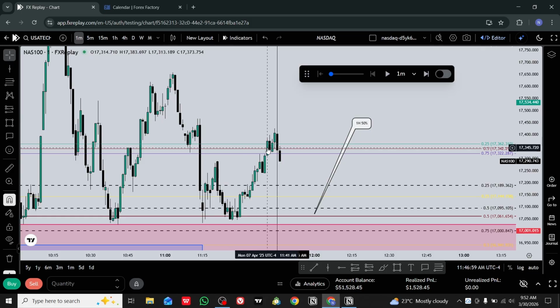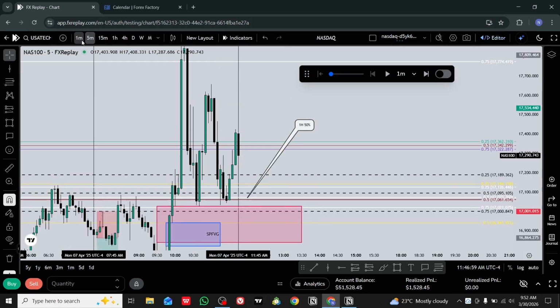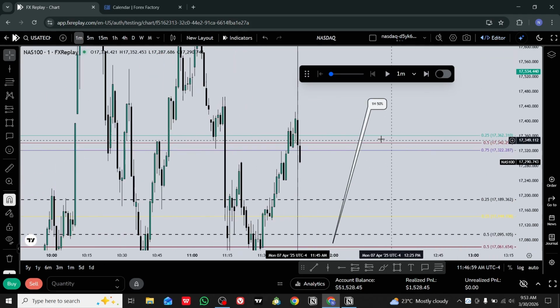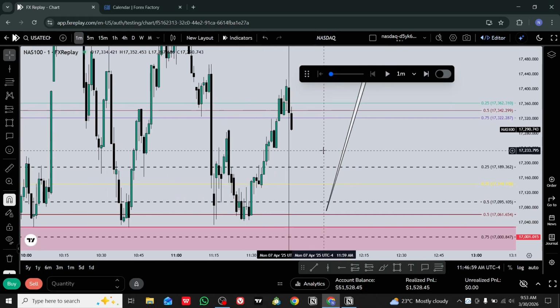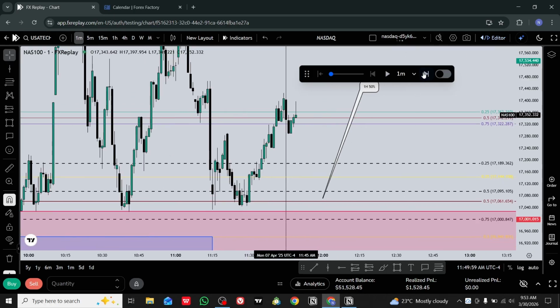It's out of the session, on a no news day, and it's Monday, and it's my rule that I should not be trading in the late session. So I'm not going to take this trade. I don't want this regret; even if it's a TP, I will not feel good. So I'm seeing this to be taken right now. Let's see if it's a good day. It will take this.